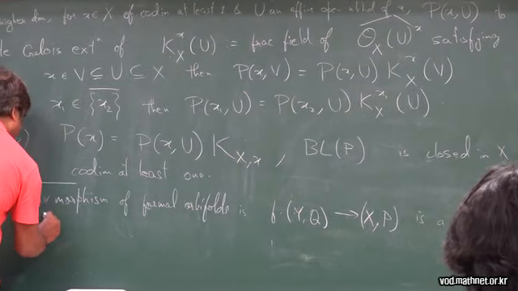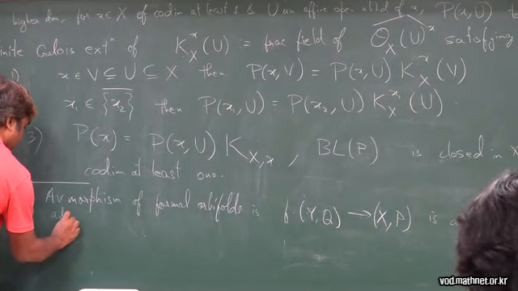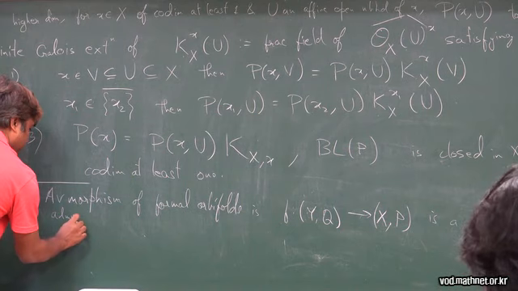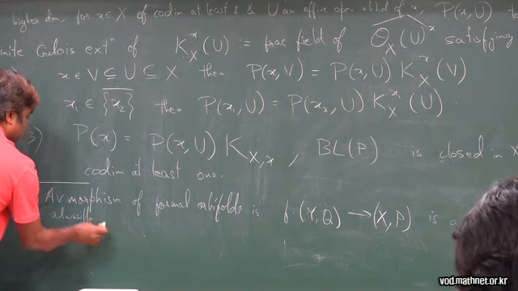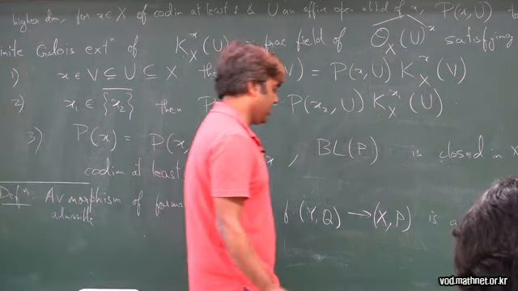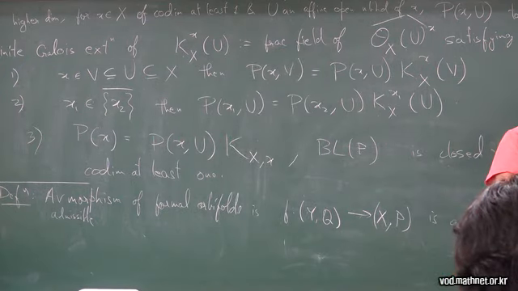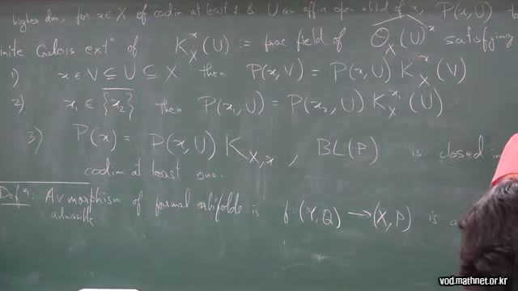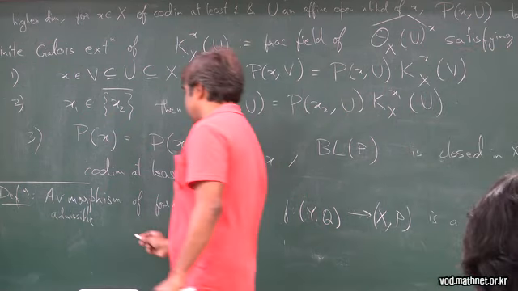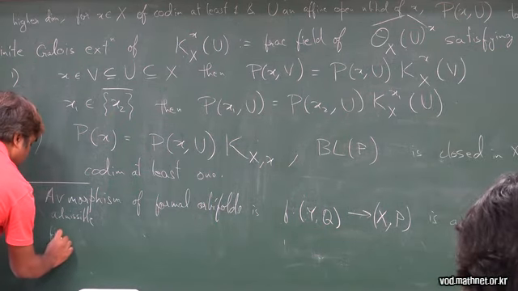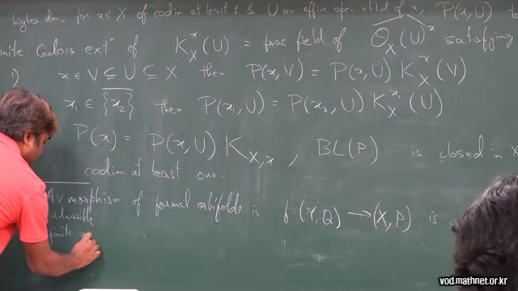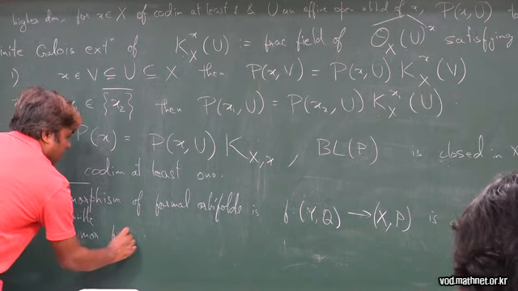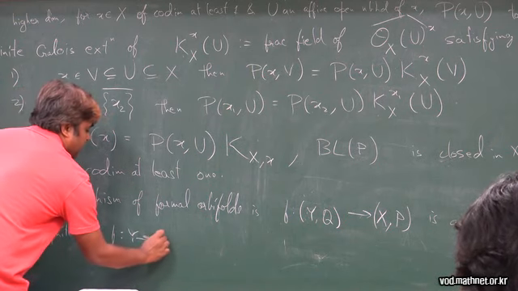In the paper I've called it admissible morphism. Certain morphisms which I want to allow are dominant, separable, quasi-finite morphisms f from Y to X such that